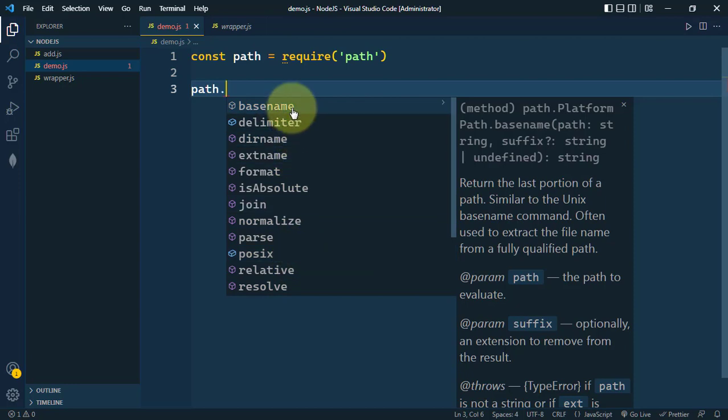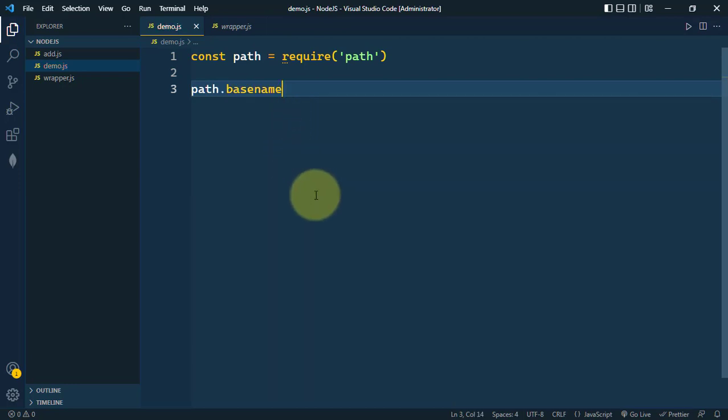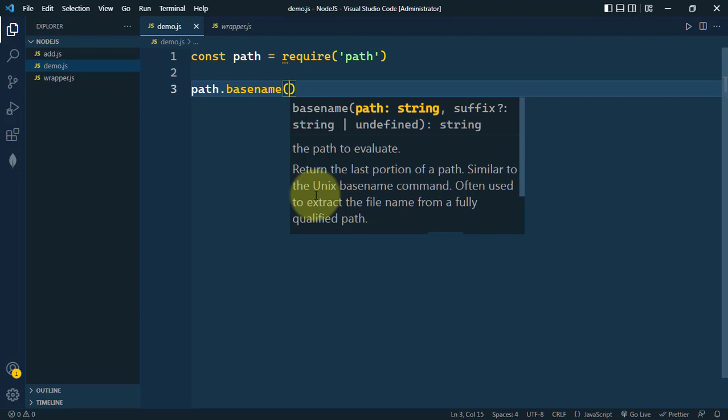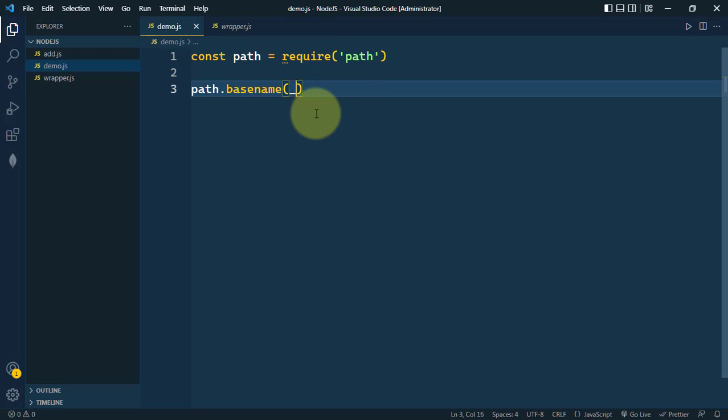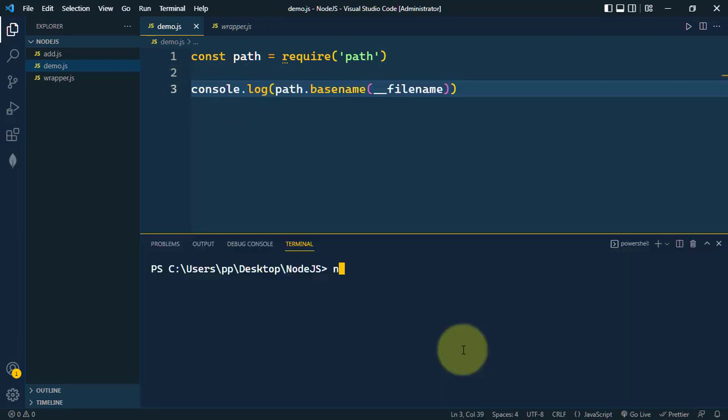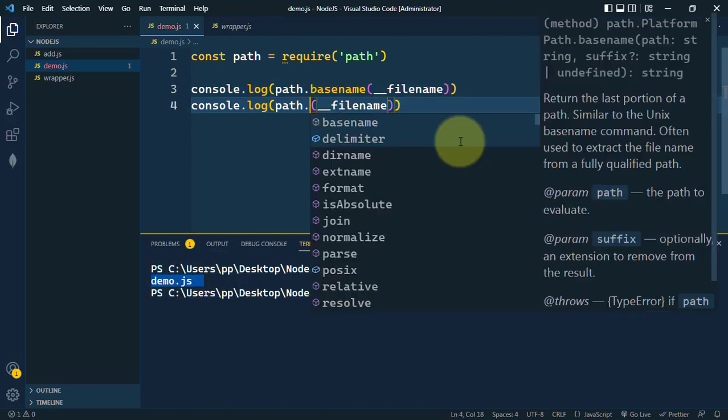We can use the basename method, which will return the name of the file in that path. Inside we have to pass the directory name along with the name of the file, so here we can use __filename. Let's console log this and run node demo. So that is the base name of the file, and we can also use dirname, which will return